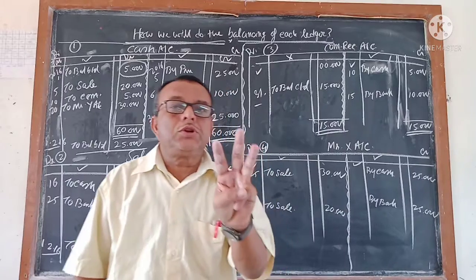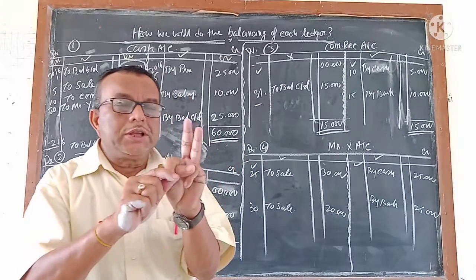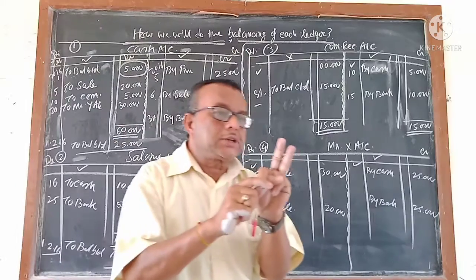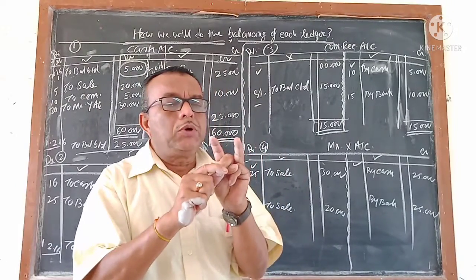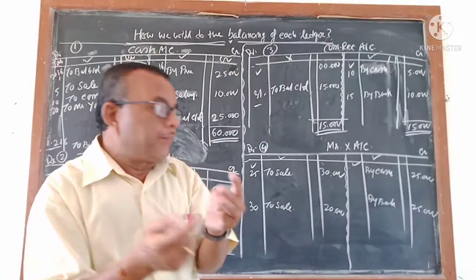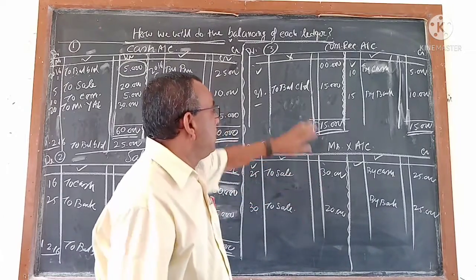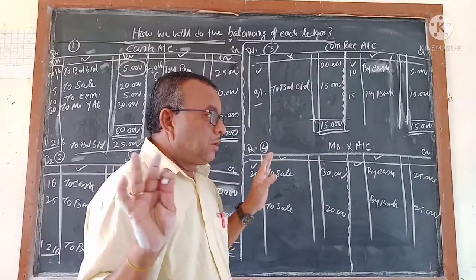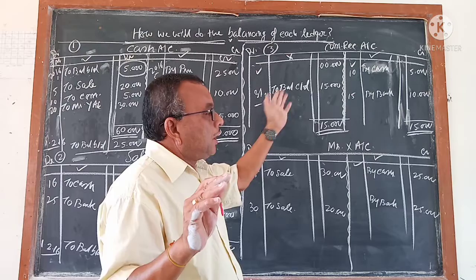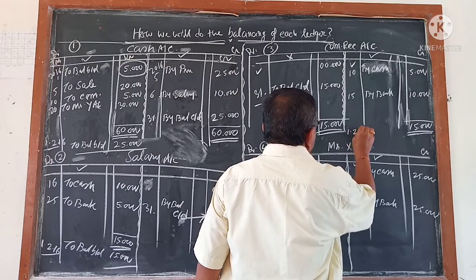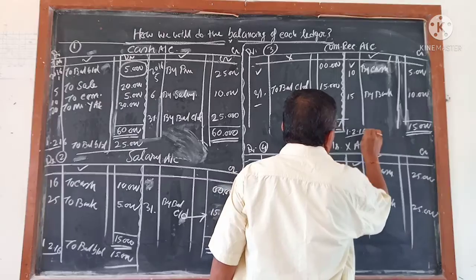दो तीन चीज याद रखना है। Which side is less, that side CD will come. Which side CD is coming, opposite side BD will come. Or I can say which side is more, that side BD will come. इतना कंफ्यूजन नहीं होना है। Which side is less, that side CD will come. एक ही सेंटेंस याद रखना है। और जहाँ CD आया उसके ऑपोजिट में BD आ जाएगा और BD आएगा नेक्स्ट डेट ऑफ द CD। That is to balance.